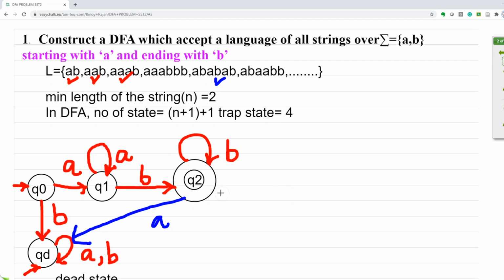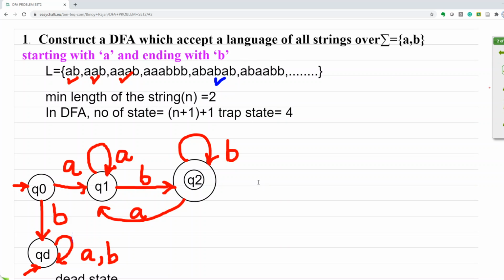In order to make this construction possible, what we have to do is send to Q1 instead of a dead state. We have to send it to Q1 rather than the dead state. So we have to redraw the transition A, cyclic over here. Okay, so let's check whether this particular string is accepted by the machine or not. So let the string be